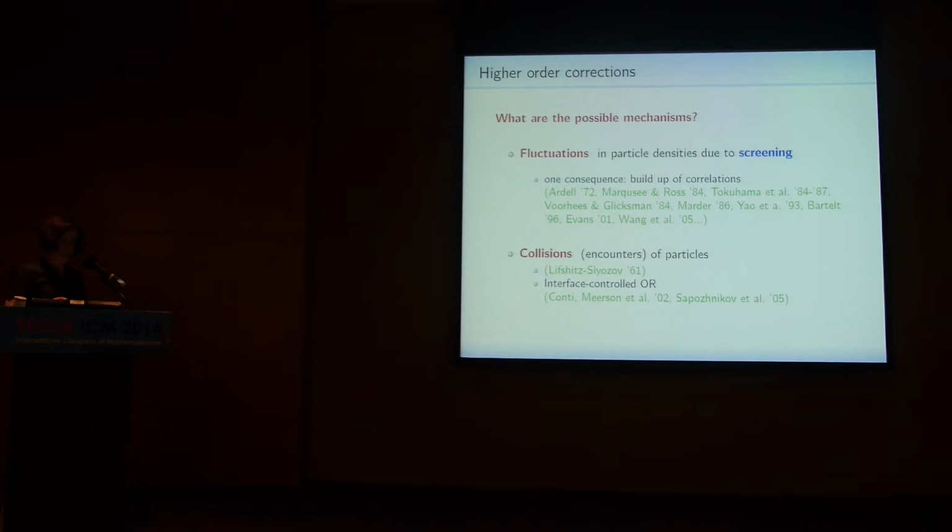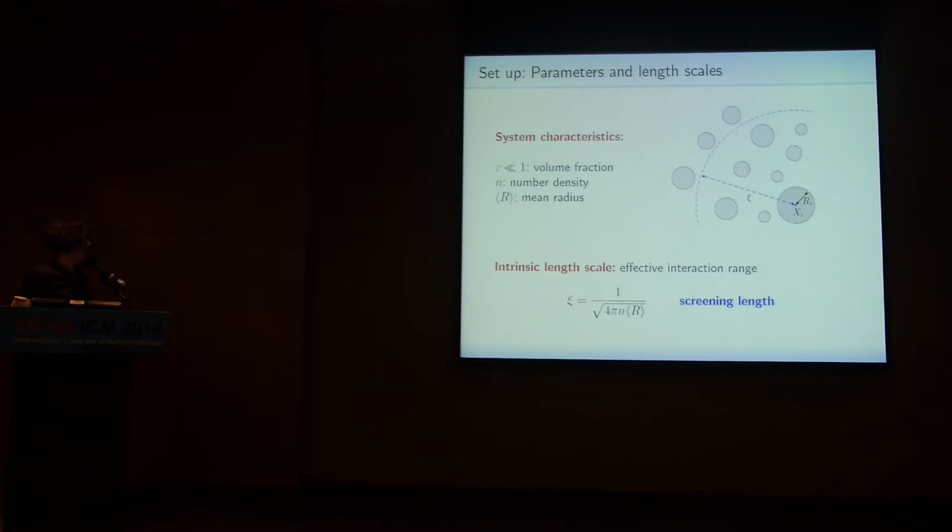So why have fluctuations been considered much more closely? The reason, I believe, is the following. These are possible effects. How should they scale in epsilon, the volume fraction, and how should we take them into account in our model? To estimate the size of these effects, we make a back-of-the-envelope scaling argument.